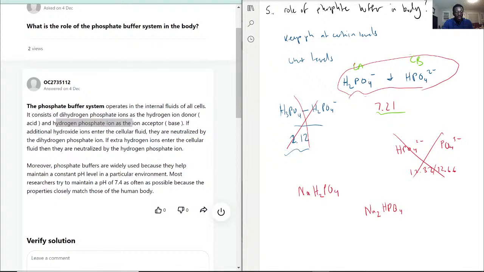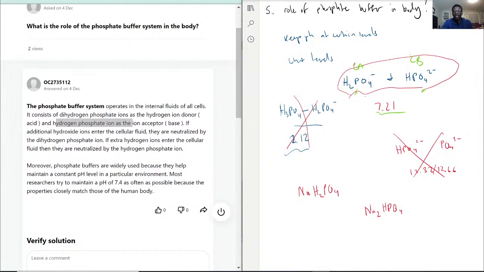And yeah, additional hydroxide is neutralized, so additional base is neutralized by our acid component, and excess acid is neutralized by our basic component. Hence how we're able to keep it at that pH. And that's also why, if you drink too much, let's say, orange juice, for example, it comes to the point where you start feeling sickly because that's an overload of acidity,